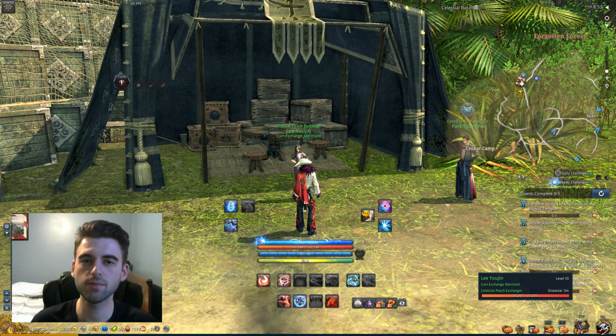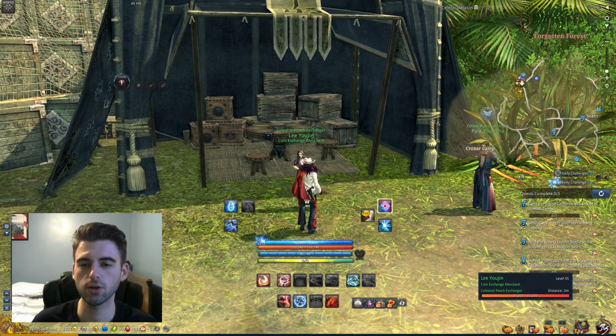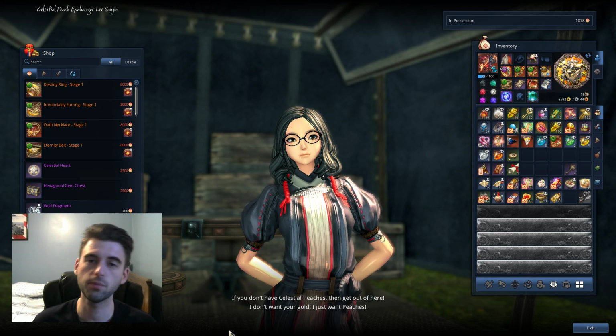Today I have a video where we're going to be looking at the new items in the Celestial Basin in Seoul. With the new update on June 20th, they updated the inventory of the Celestial Peach Exchanger in the Celestial Basin, so go ahead and head over to her and talk to her. If you don't know what Celestial Basin is, I have a whole bunch of videos on it, but basically it is a single-player farming sort of thing that you can farm at your own pace and kind of